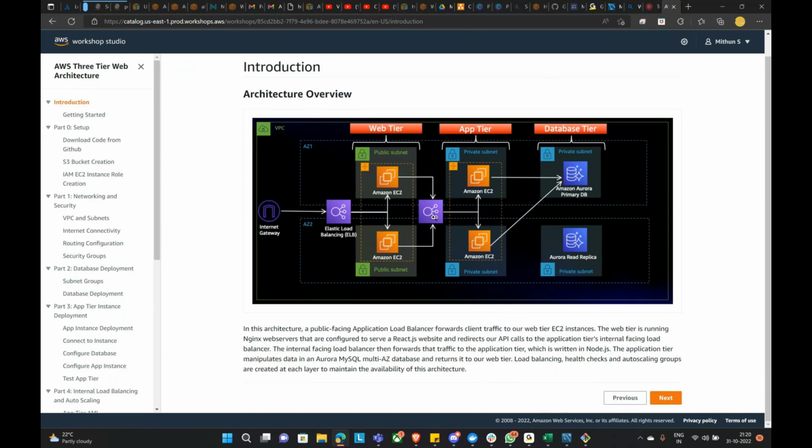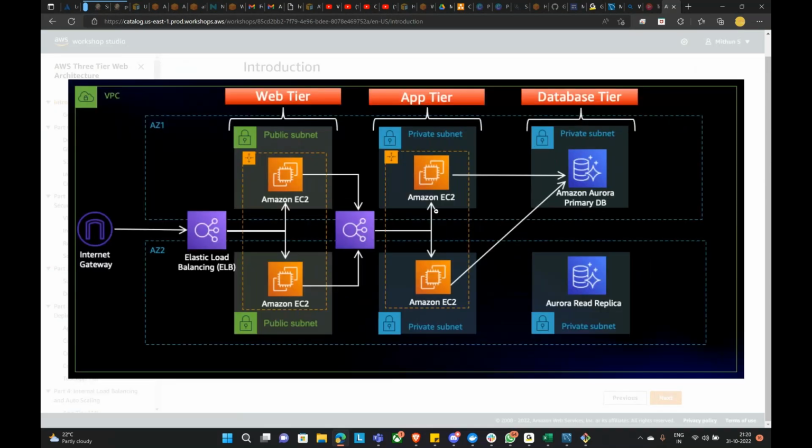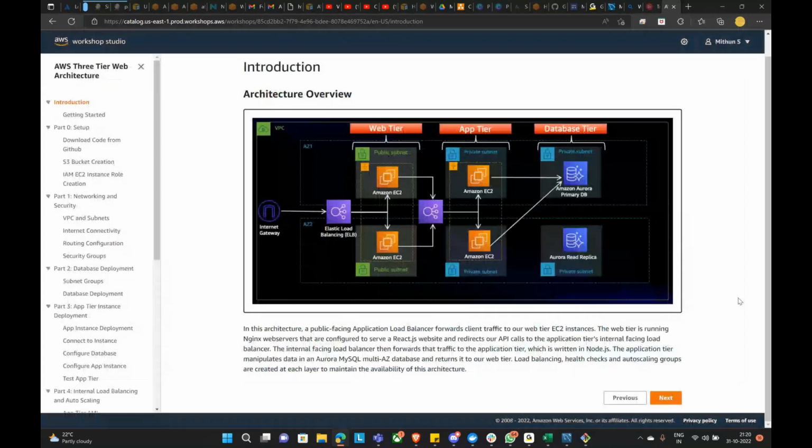The internal facing load balancer then forwards the traffic to the application tier, to these EC2 instances,